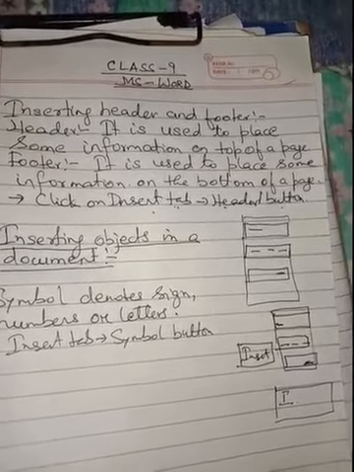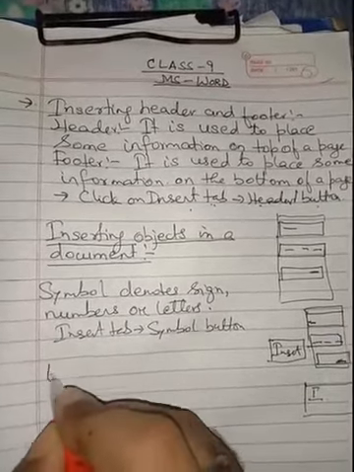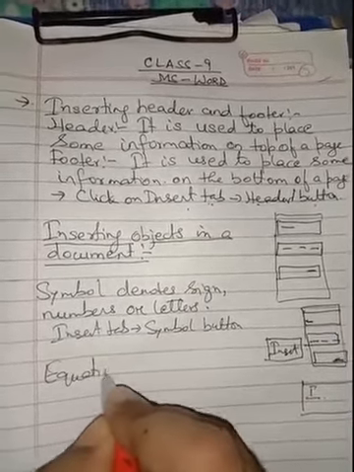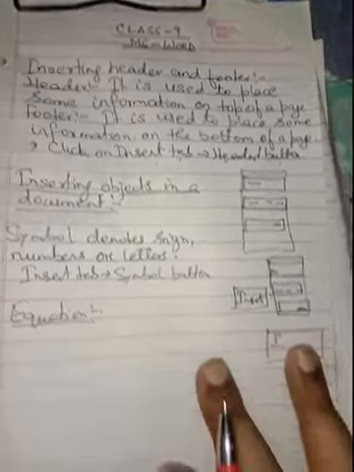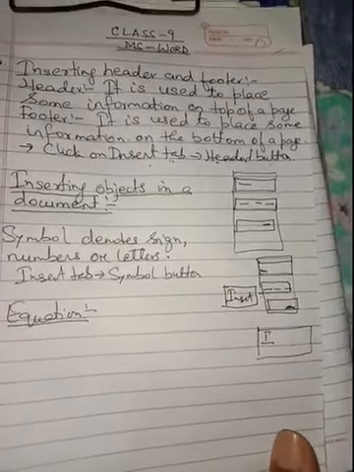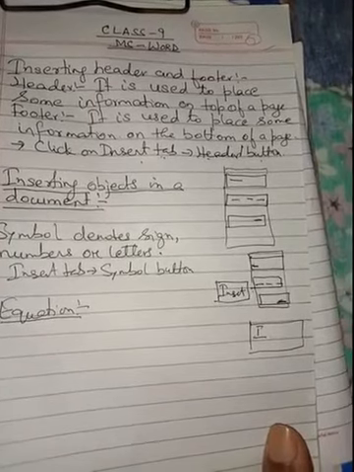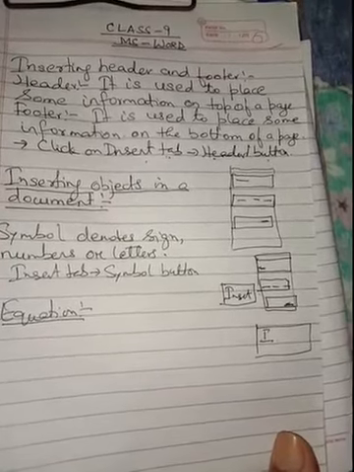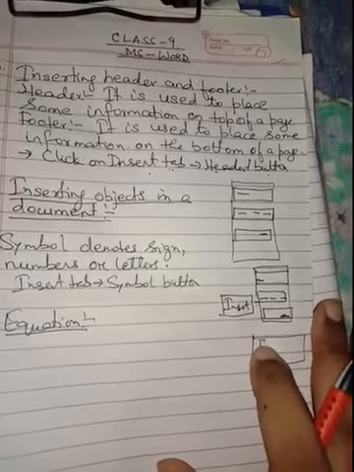Next topic that we are going to discuss is equations. So equation is a mathematical term. So Word 2016 allows us to insert mathematical equations. So how do we insert the equation? Place the cursor where you want to insert the equation. Click on the insert tab.